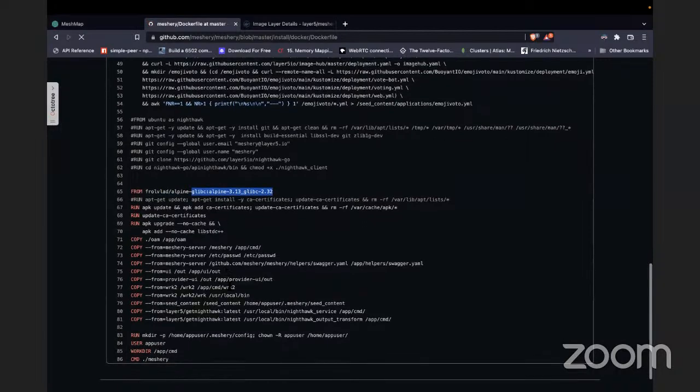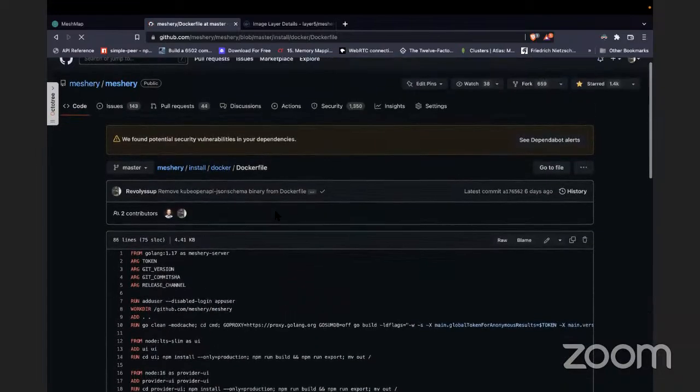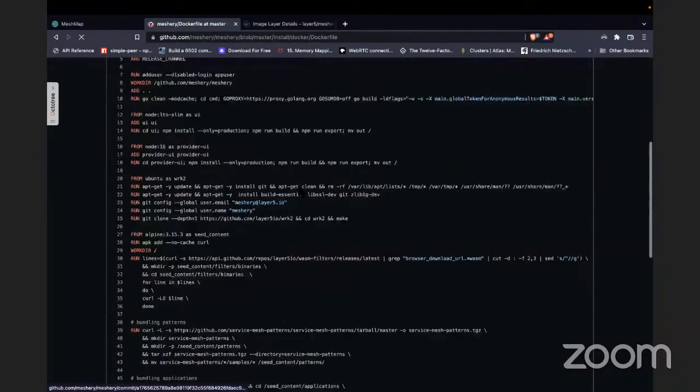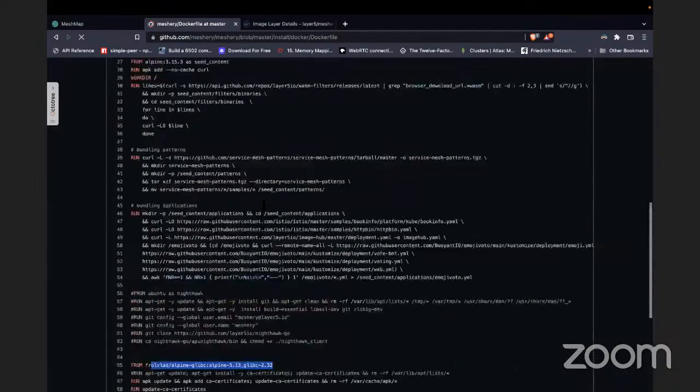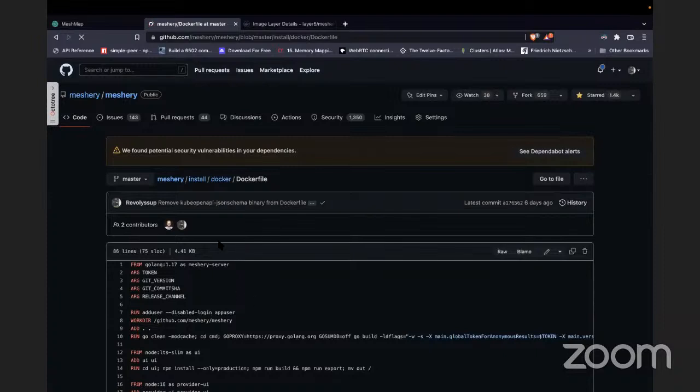I tried to manually install some of this stuff, make some updates, but every time I got a new form of error. So after a point, I thought that maybe having a proper base image would work. If anyone has a suggestion for an Alpine-based image that has the libc dependencies and is both ARM and AMD compatible, you're most welcome to create a PR on this Dockerfile and update the base image if you're able to successfully build it on an ARM machine as well.